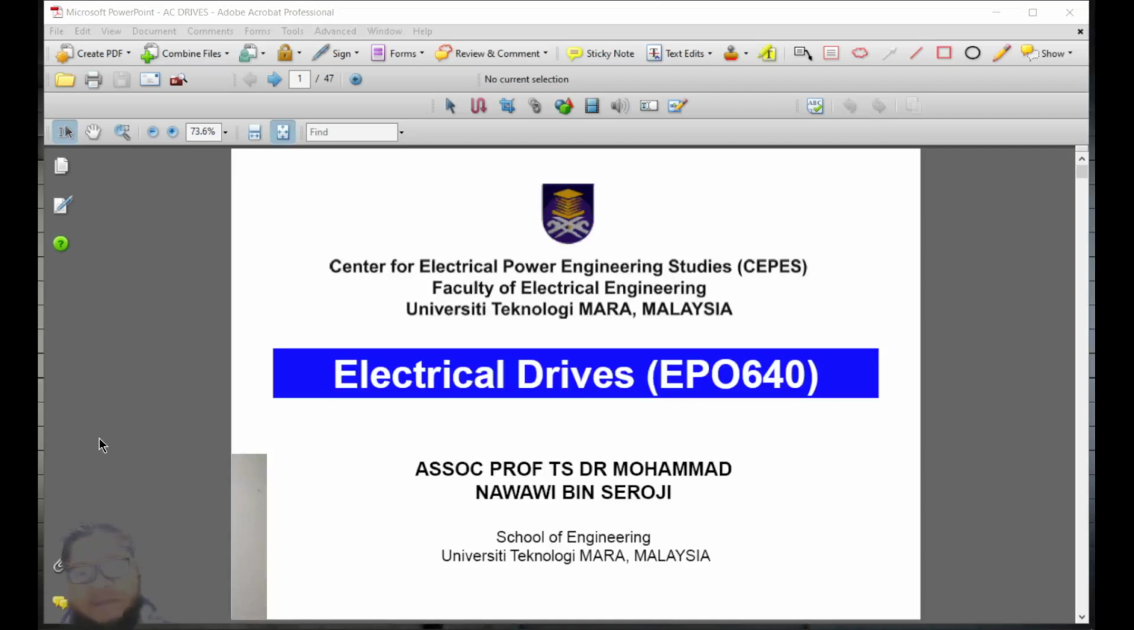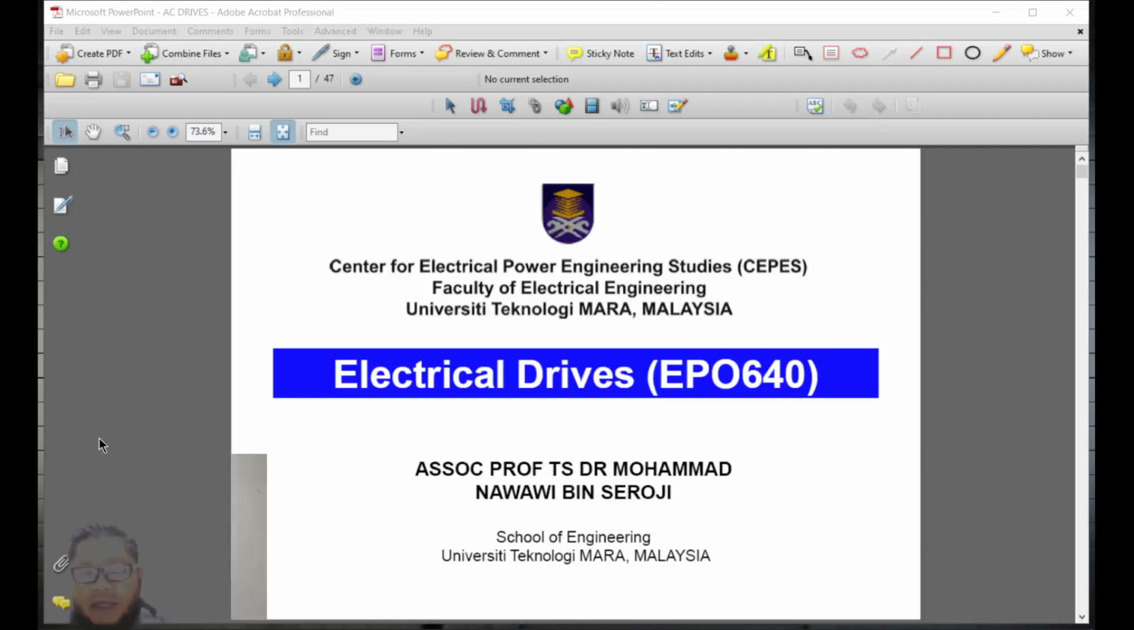Before we move into AC drive, we know that AC drive will involve induction machines and synchronous machines. These machines involve a three-phase system. So I would like to go back and do some revision on the three-phase system, and then we look back on the circuit operation of the induction machine. We look into the fundamentals of how the induction machine